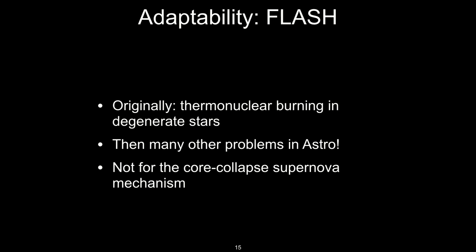It was principally its target goal. It now does a lot of different problems in astrophysics, but when I picked up the code, it didn't really do all the physics necessary for core collapse supernovae. There's different physics involved from the other kind of supernova. Even though they're both called supernovae, the physics is actually fairly different, as well as the progenitor systems.